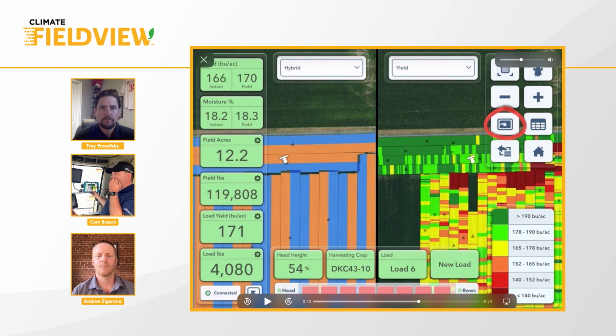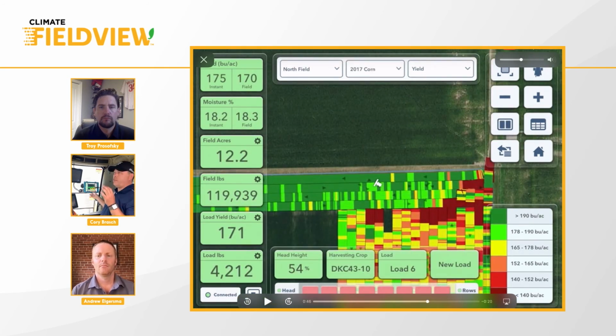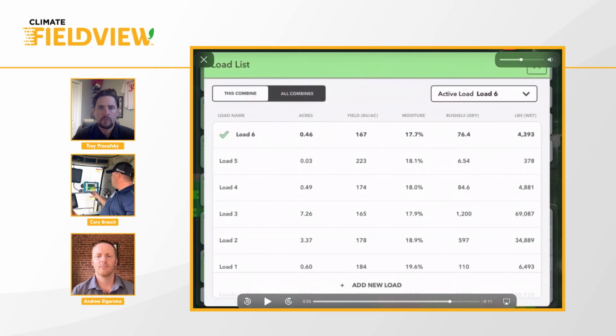Basically, at any time, we can look at all the loads that we're doing. Say we had 6 varieties that we're trialing, and we've done 6 loads for each trial. We can just quickly press the load button to see a quick reference of what the different loads are doing, and it keeps track. Like I said, you could do a load per hopper, per tandem, per grain bin, but in this case, they're doing it per trial. And we're currently on load number 6.